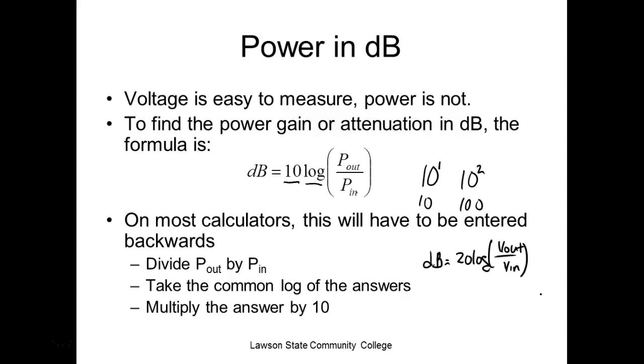So if I can measure my output voltage and my input voltage, if I can take V out and divide it by V in, then take the log of that, and then multiply by 20, that gives me my power loss. It's going to be an approximation because we're going to round some of it, right? So power loss relative to voltage